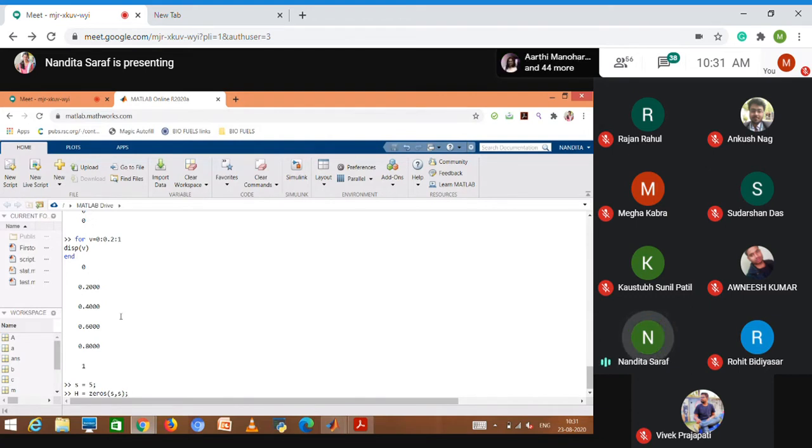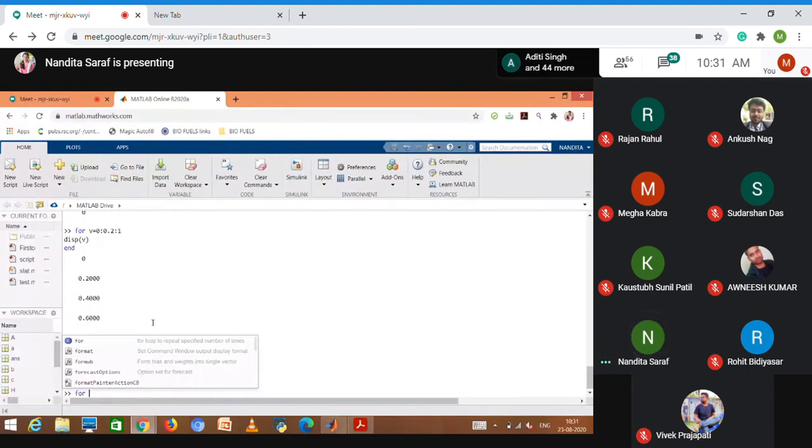So my S is 5. I want MATLAB to create a matrix H where all elements will be 0 and the size of the matrix will be 5 cross 5. Now I'll start my for loop.